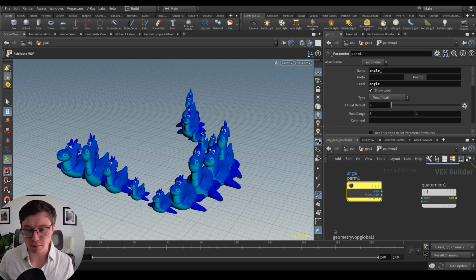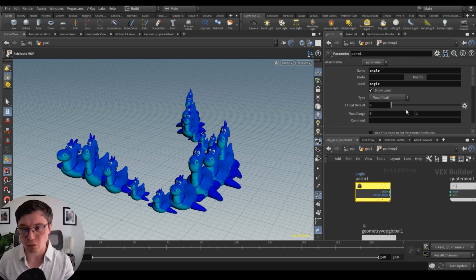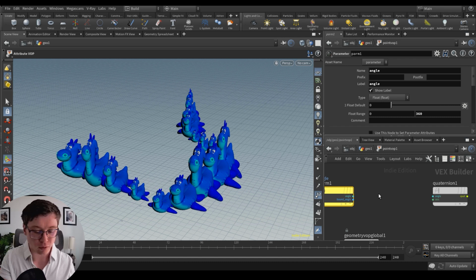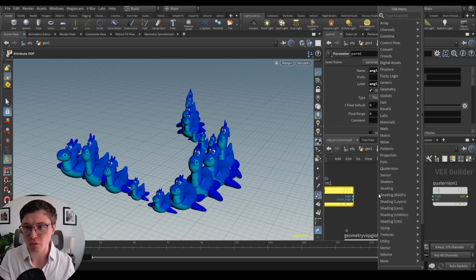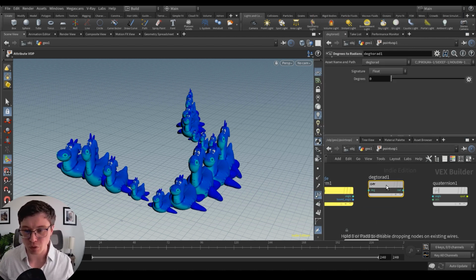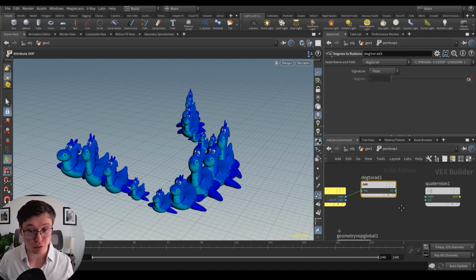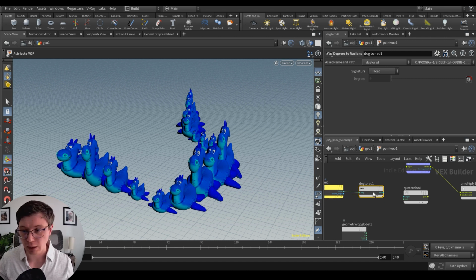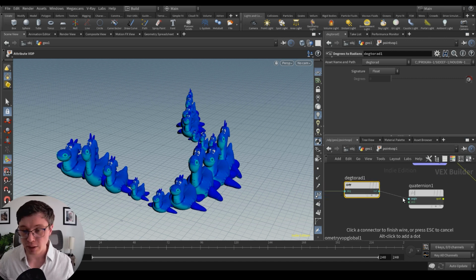This one will set the float range to 360 and convert to radians. So it's degree to radians. You have a function for that. That's beautiful, otherwise I wouldn't be able to convert that. Let's put that into angle. So one good thing down.